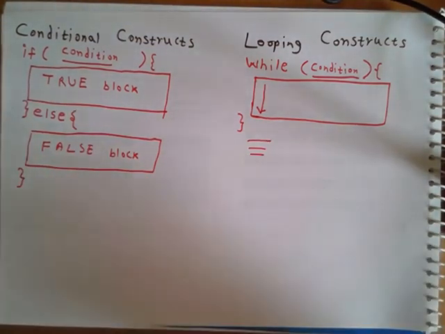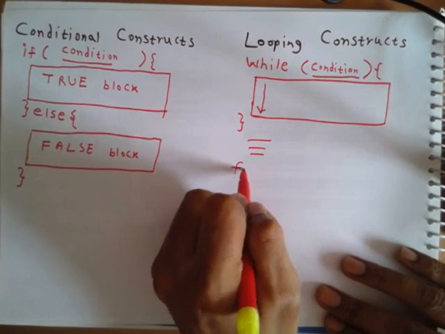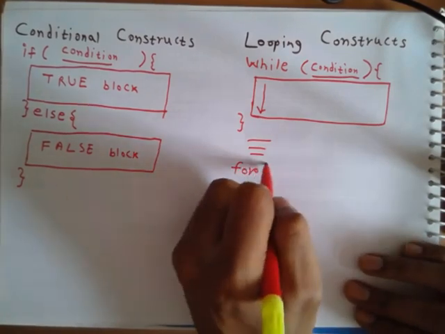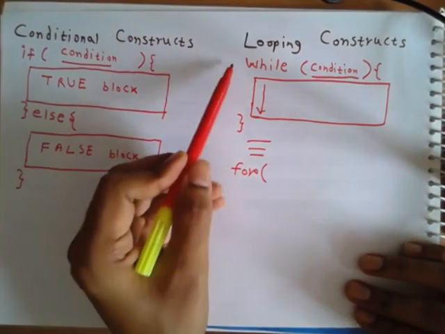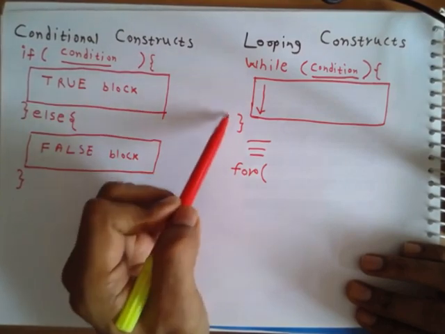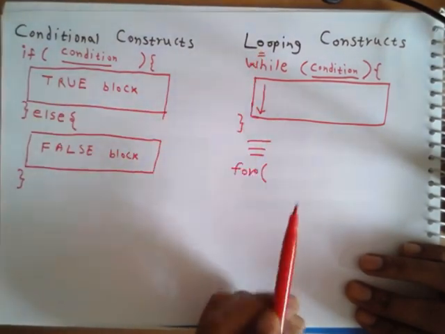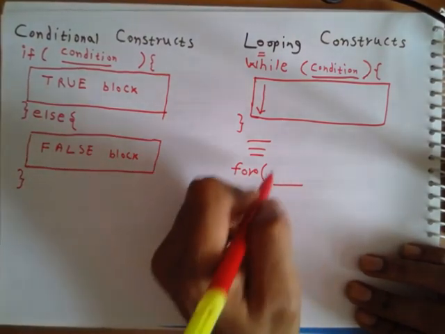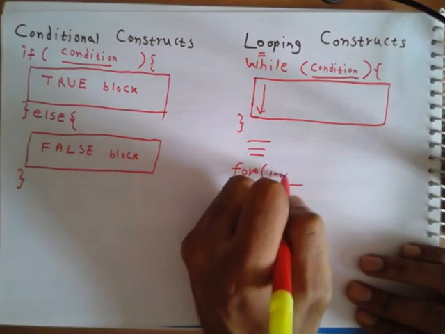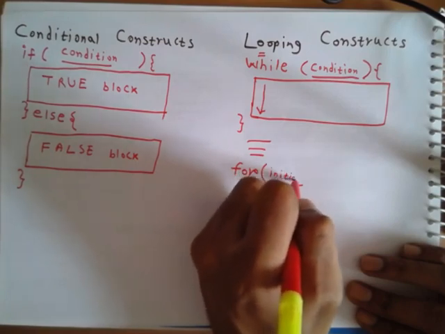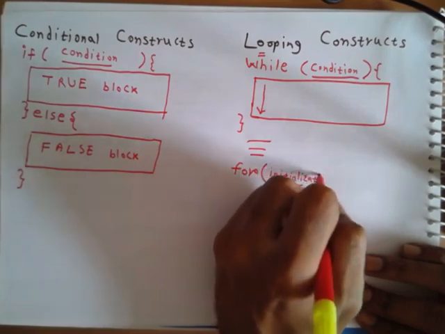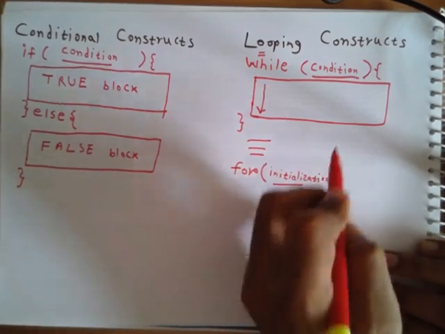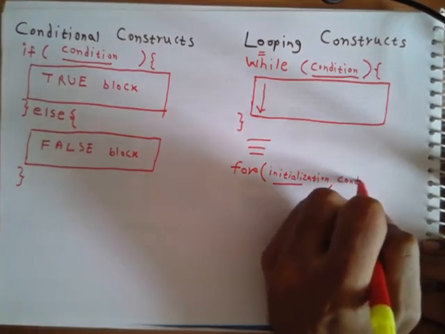Okay, so that's one particular construct that we will have, but sometimes we will use a construct for, and what we are going to do is we are going to club three things together. So when you execute this while loop, you initialize a few things beforehand. Okay, so what we'll do is we'll have that initialization here in the for loop. So this will be the initialization, followed by the condition,